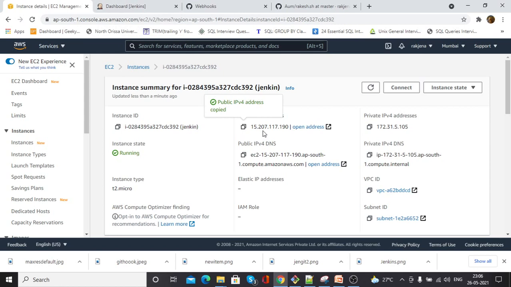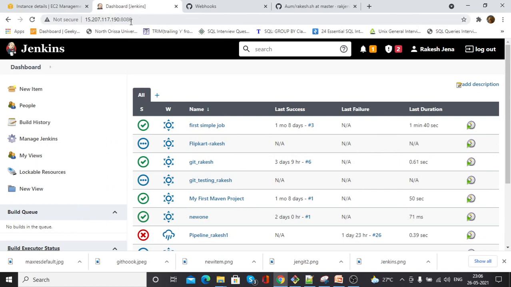You can see 15.207.117.190. Here I have mentioned it, and as you know, with the port number 8080 Jenkins can listen. So by using this URL I can access this Jenkins.